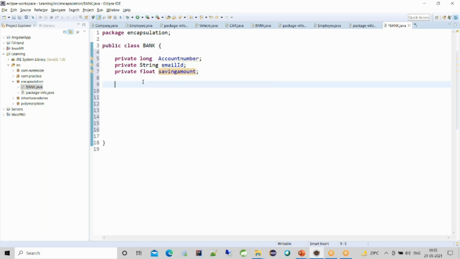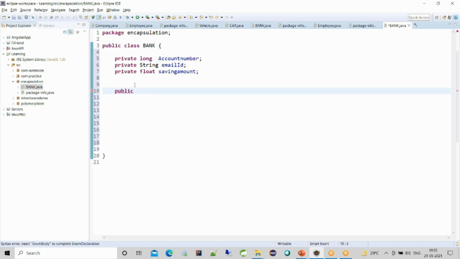I'm going to create getter and setter methods. Let me show you an example of getter and setter for account number, and later I will tell you how we can implement it using a single command.